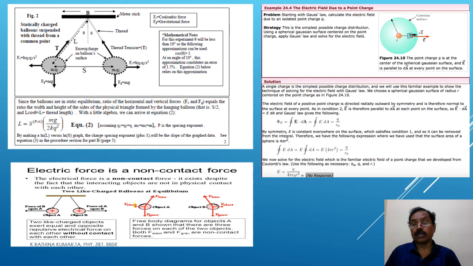That is, the electric flux is directly proportional to the total amount of charge, times 1 by epsilon naught. From this equation we can calculate the charge, and the electric field will be Q by 4 pi epsilon naught R square. That equation is mentioned here at the last. You can see this.